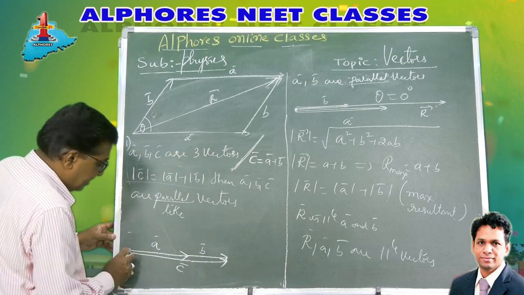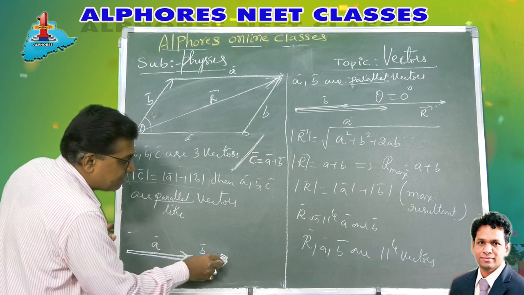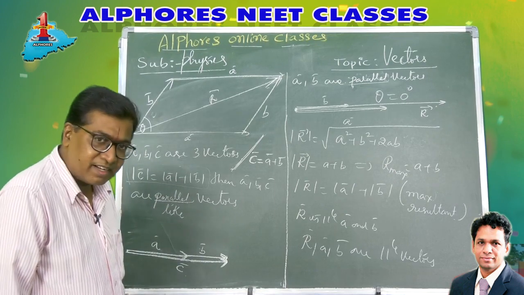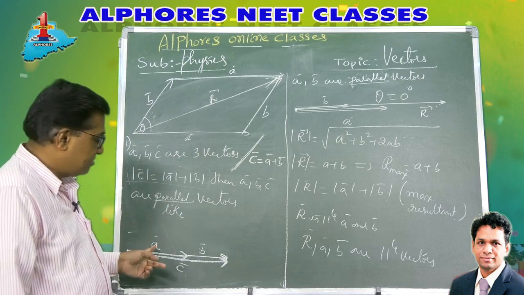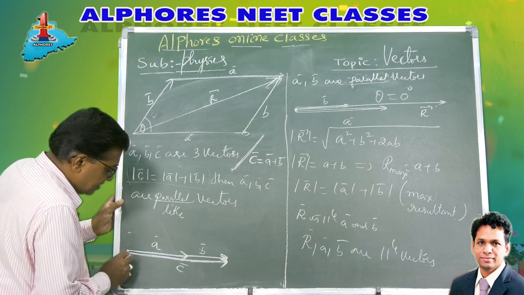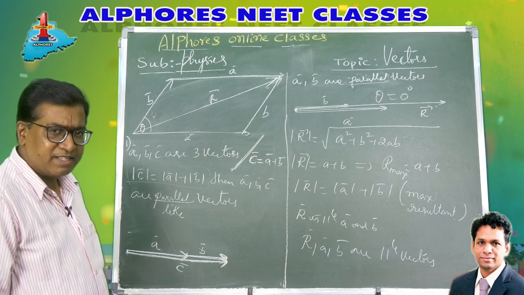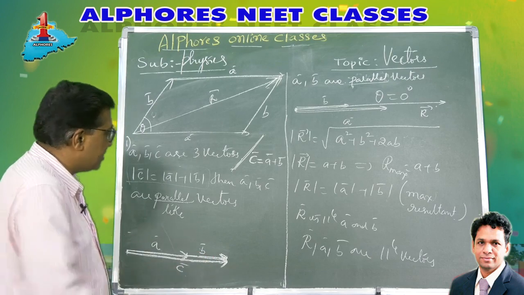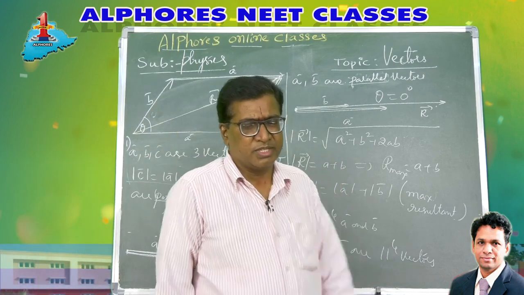So when they are parallel, A is like this, B is like this, and now the resultant C is this way. So A, B, C are all in the same direction, like vectors. Magnitude of C is magnitude of A plus magnitude of B, right? Now you see the length of C, it's a straight line. So it's length of A plus length of B. Very clearly visible like this, right? So magnitude of C is magnitude of A plus magnitude of B, and all are in the same direction. They are parallel or like vectors. Very beautiful question asked based on this.